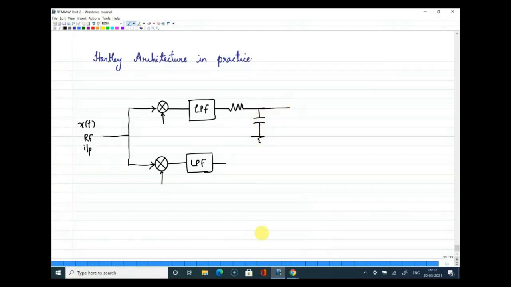The reason is that getting a 90-degree phase shift directly on one signal is difficult, because with an RC network the maximum phase shift you will get is 90, and for practical reasons we try to obtain smaller degrees and then combine them. So I am splitting the RC-CR network not for directly getting a 90-degree phase shift, rather for getting 45 and minus 45, and later I am going to combine them.